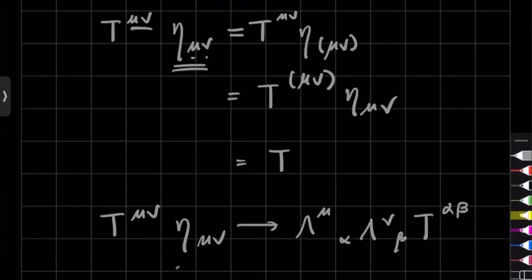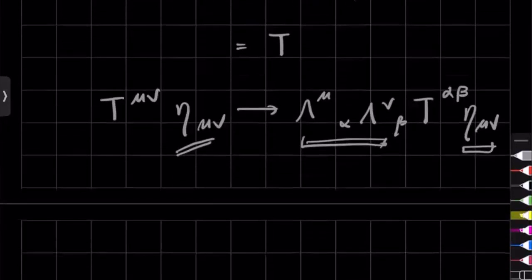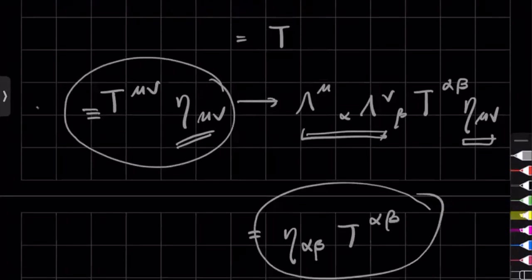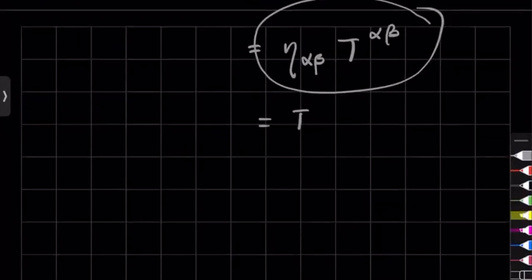But we have already proved that this thing does not change under Lorentz transformation. This should just remain η_{μν}. But then η_{μν} contracting with this thing should just give me η_{αβ}, contracted with T^{αβ}, but this thing is nothing but this thing. So this, we call it T, and we see that under Lorentz transformation, T goes to T. So T is a scalar